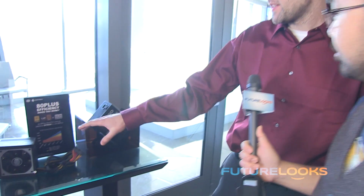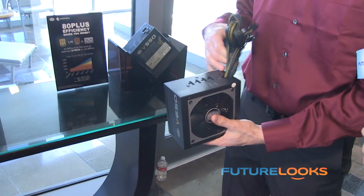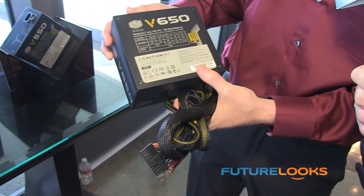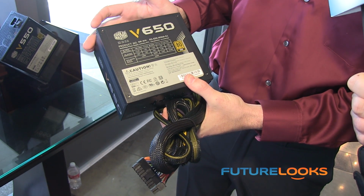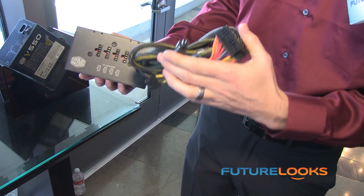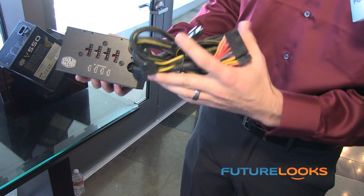Okay, so we have these V-Series semi-modulars. I'll just pick one up and show it to you. It's a continuation of our current V-Series. It's going to be available in 3 wattages, the 550, 650, and 750. And you can tell it's semi-modular. All you have to do is plug in the SATAs; the CPU and PCI Expresses are already connected to the